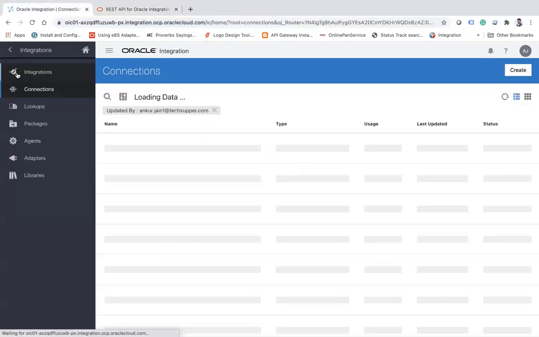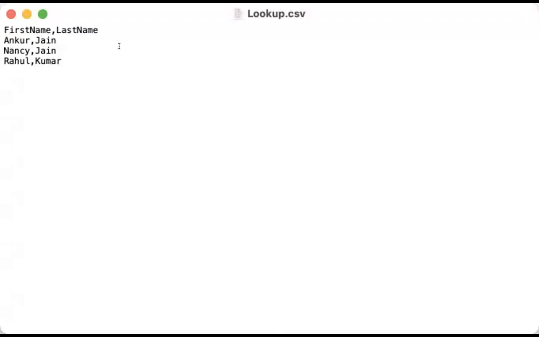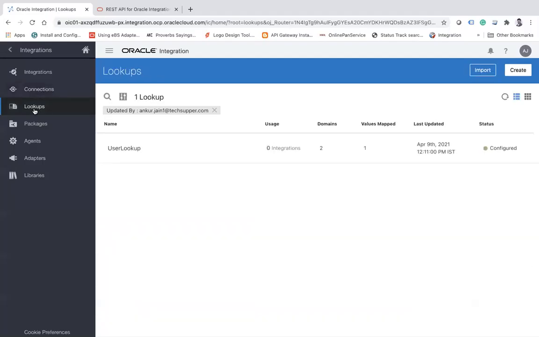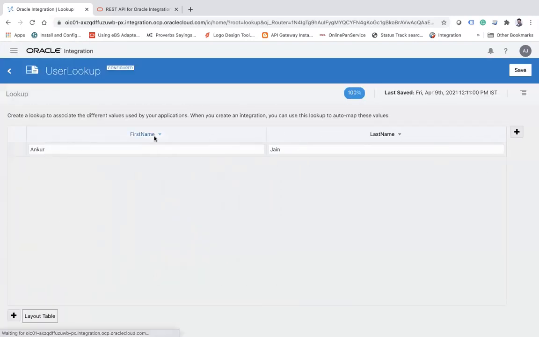Okay, so let me just show you the CSV file as well. So here we have the CSV, first name, last name, and I have 3 values: Ankur, comma Jain, Nancy, comma Zen, and Raul, Kumar. And I have created one lookup with the first name, last name, wherein I don't have any value as of now. So let me just show you. I have kept this on the FTP server and will show you. So here you see, go to the lookups, and I have created one lookup wherein we have only a single value as of now: Ankur Jain, first name, last name, and when my integration executes, it will replace the lookup